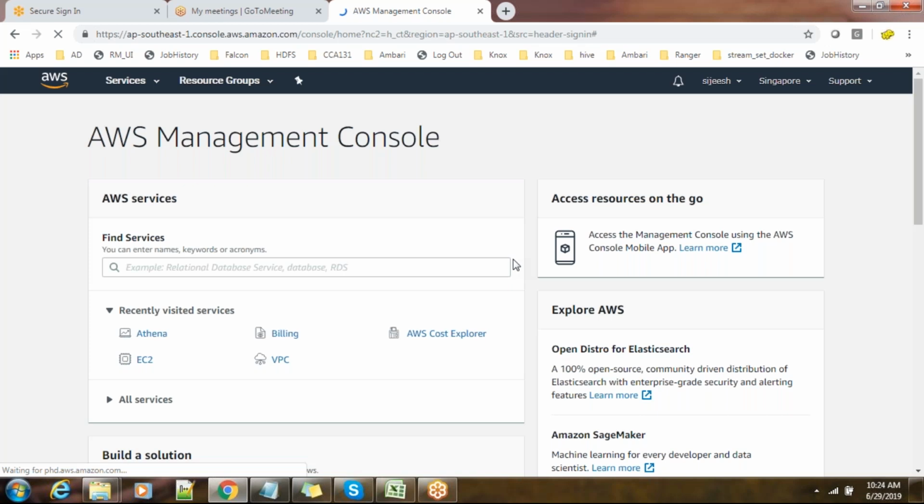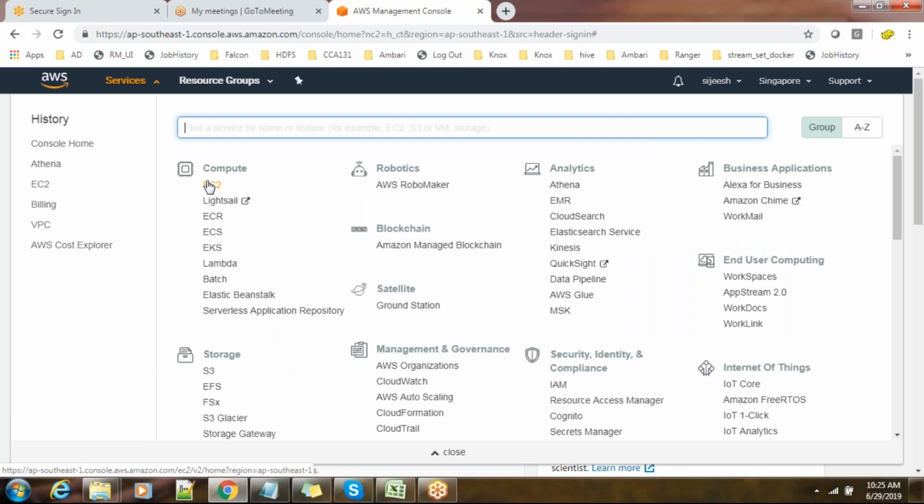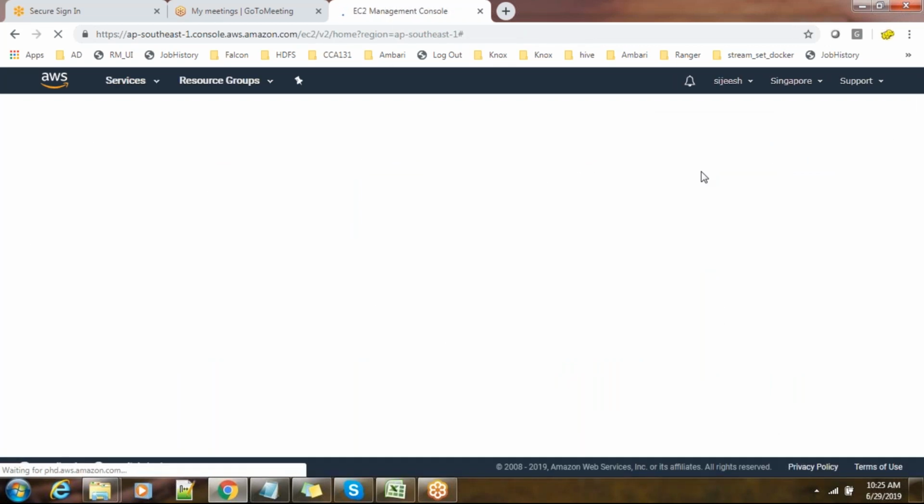EC2 is nothing but a virtual machine which is available in the cloud. But to use an EC2 instance, you should know what a VPC or a VNet is, and how authentication works, I mean the key-based authentication, etc. Okay, but the simple thing, just to hit that EC2, it's very simple and easy.